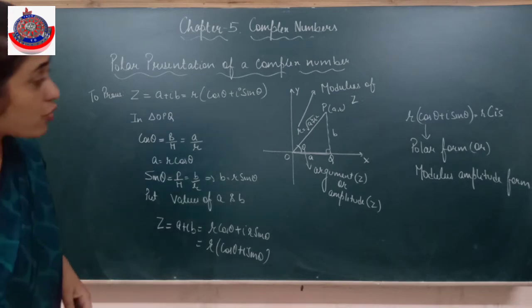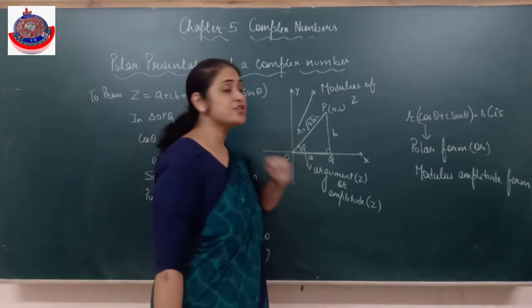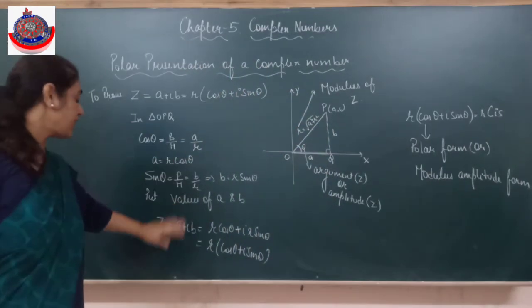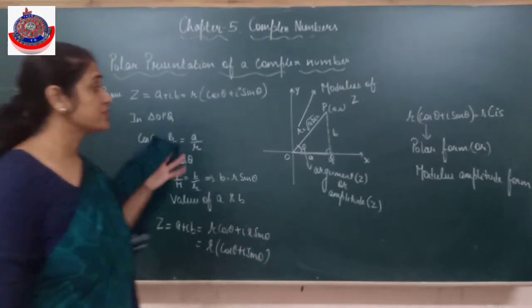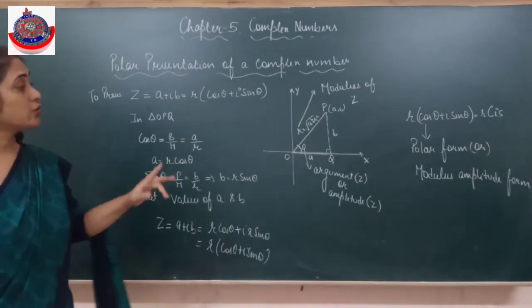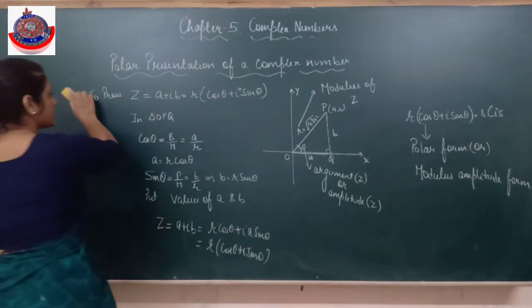Alright. Now see, modulus is not a new thing. We have already done modulus in the previous videos. Amplitude is a new thing. Now I hope this is clear to everyone. We have found the values of a and b in terms of sine and cos by using trigonometry, which we did in class 10. Alright. Now the new thing: modulus we already know, amplitude is a new thing. Let's see the amplitude.